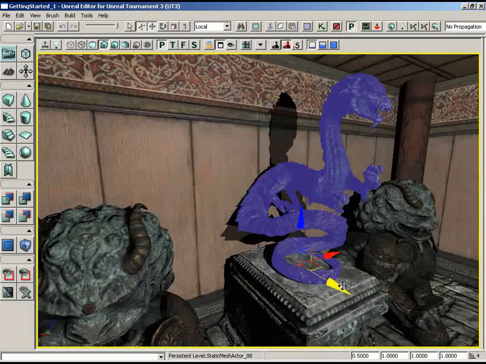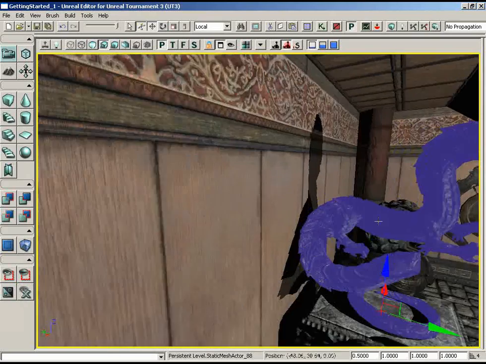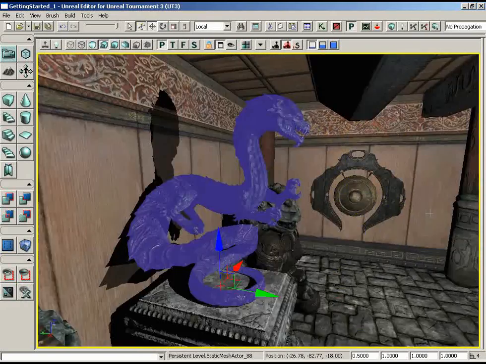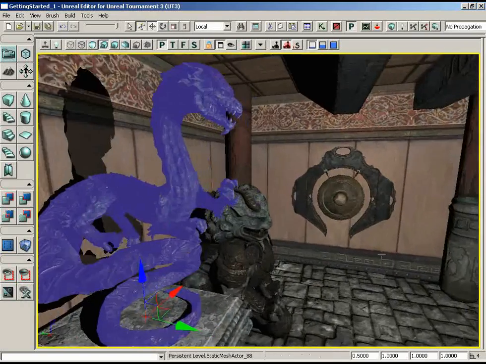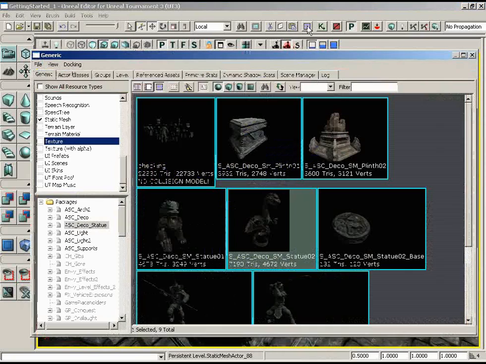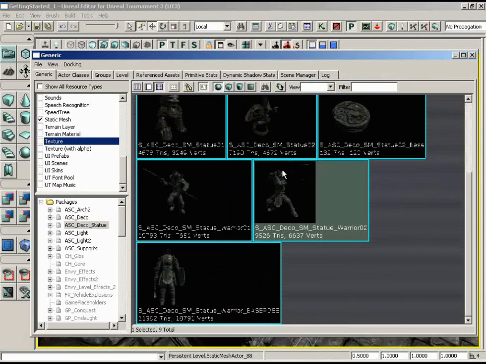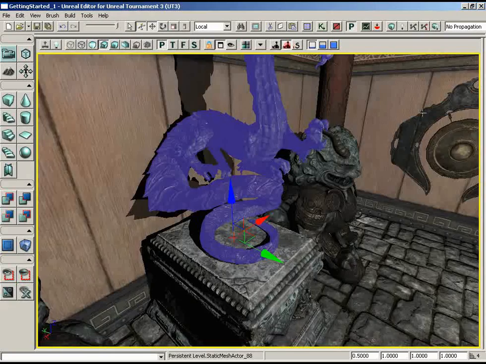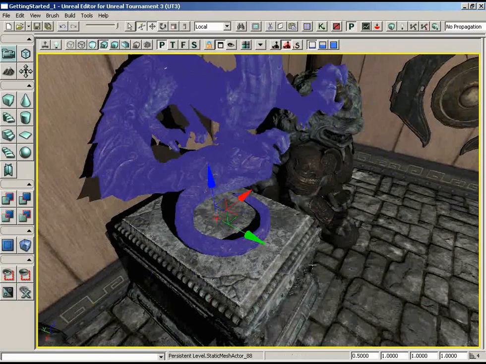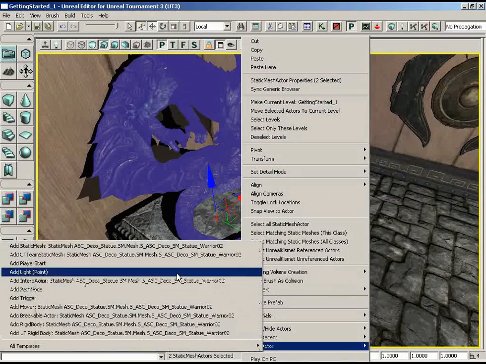Notice he's not quite scooted up toward the front, but he's not sticking through the wall either, so I like that. But let's put something else up here, too, just because it's cool. We'll go back into the generic browser. I'm going to grab this samurai warrior statue. He's got a sword over his head. Looks really cool. And I'm going to right-click here on the plinth, and we'll add him as a static mesh